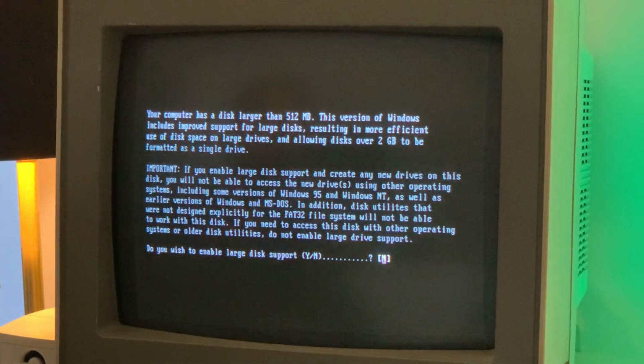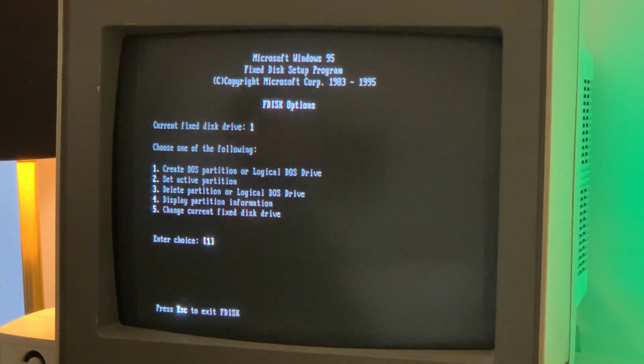For a first time install, just run fdisk, and create a new partition by selecting one, but since I've already installed Windows, I won't do that here.